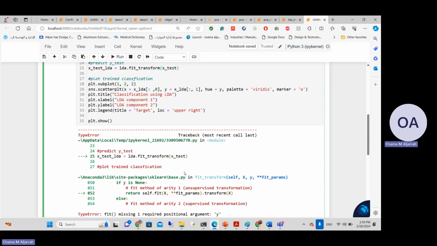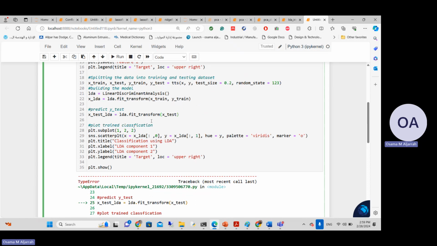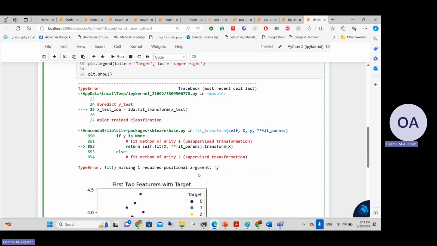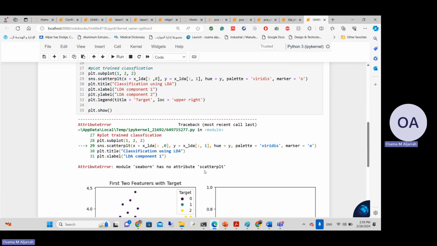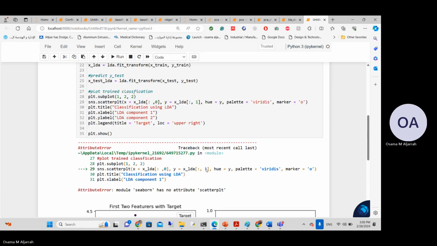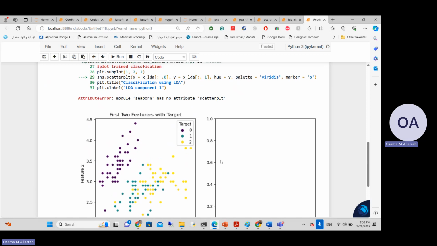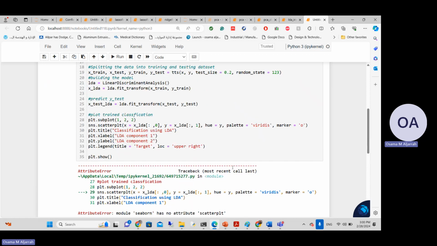Okay. Here say y_test. So I'm trying to take a more